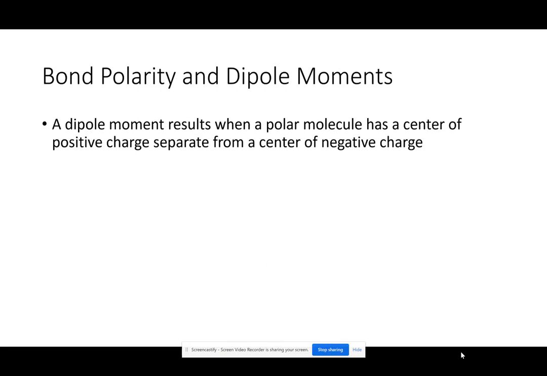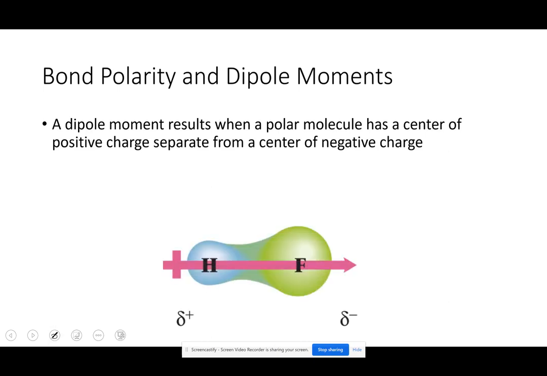A dipole moment results when a molecule has a center of positive charge separate from a center of negative charge. So we've talked about HF before and how the electrons are shared unequally. They're closer to fluorine because fluorine is more electronegative. That creates the partial negative on the fluorine, and that creates the partial positive on hydrogen. And so this is said to have a dipole moment because it has one positive end and one negative end,